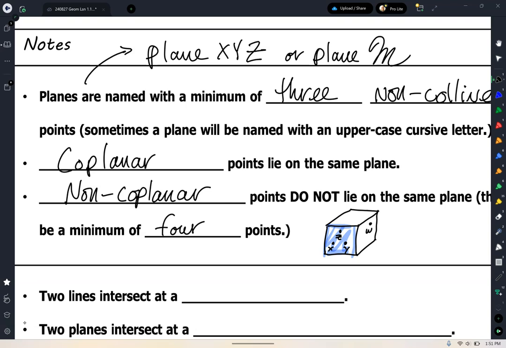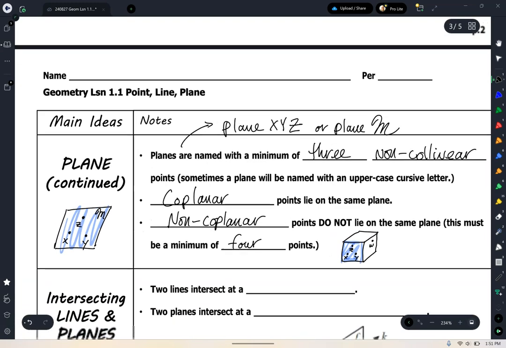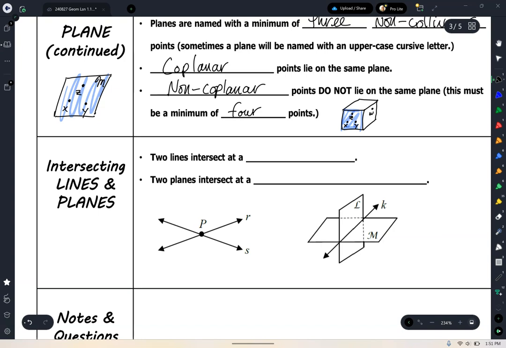two-dimensional surface, and that leads us into 3-dimensional geometry, which is the first unit that we're going to be studying. Okay? So as we talk about 3-dimensional geometry, you're going to see a lot of non-coplanar points. And so this is language that I'll be able to use with you now as we begin to talk about our geometry. All right, a couple other things just to make clear vocabulary-wise.